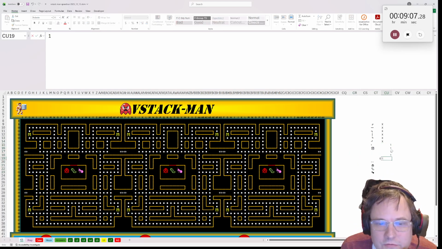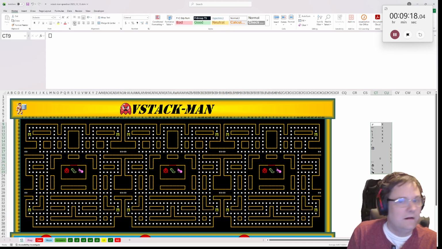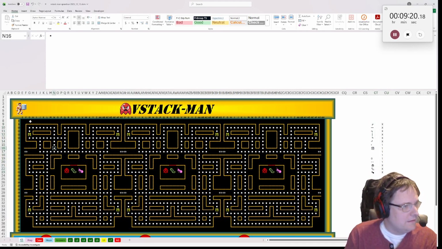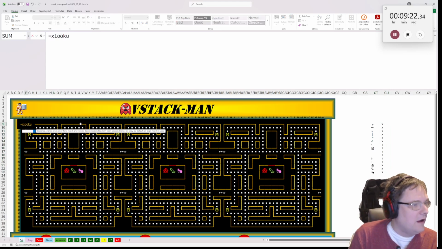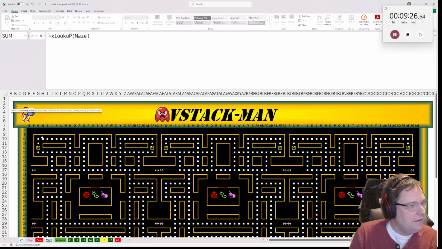The blank cells cost 1. 0 costs 1. That costs 1. Bugs you cannot move through, although the bugs aren't in the right place on this one, but we'll deal with that later. Just line those up. So now for cell cost, we're going to XLOOKUP the symbol